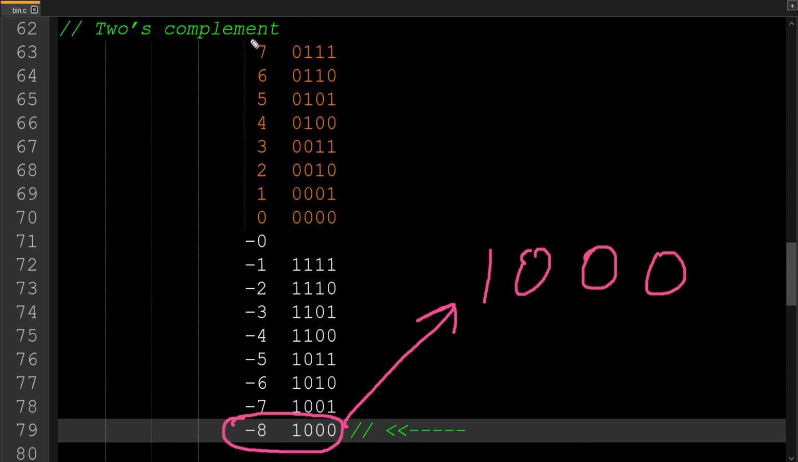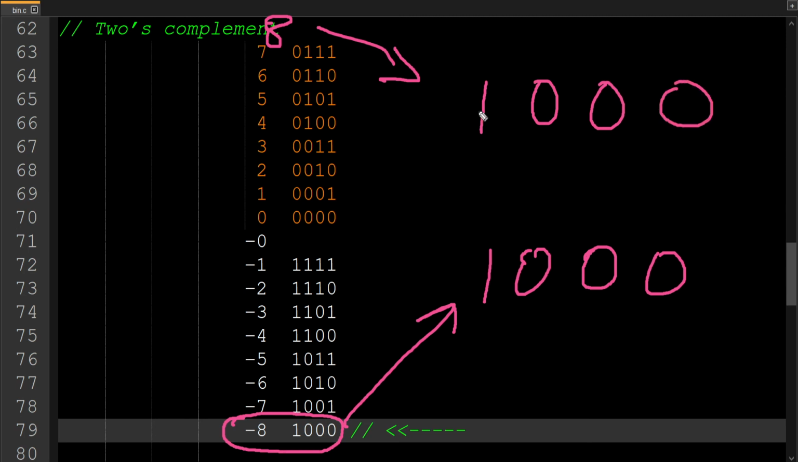It's especially easy to notice if you take minus 8 here, which is 1, 0, 0, 0, and you take 8. We do not have it, but we know that 8 is 1, 0, 0, 0. If it were unsigned, unsigned 8 is this number. And signed minus 8 is the same. So you see,